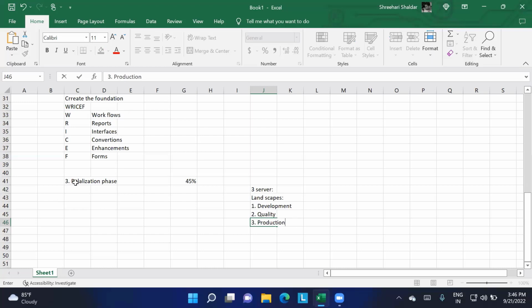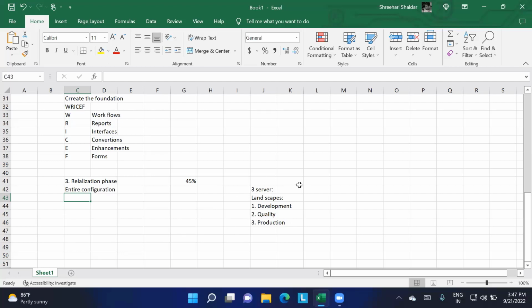Whatever activities we do in the realization phase will happen in the development server, because the entire configuration will take place in the realization phase only. So where you configure things, you are doing the configuration in the development server only.